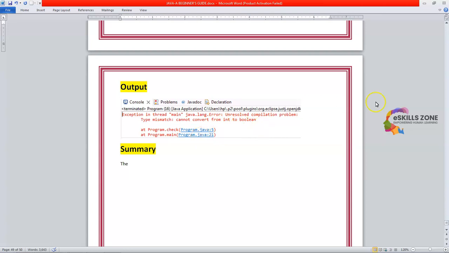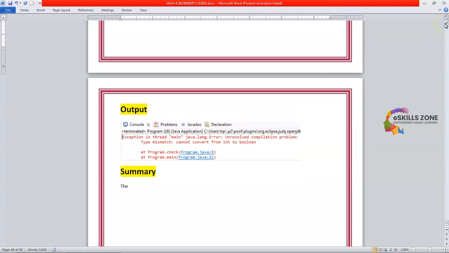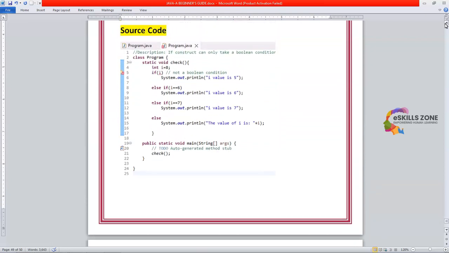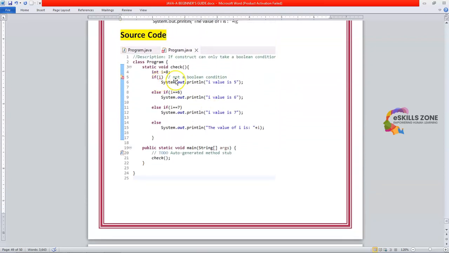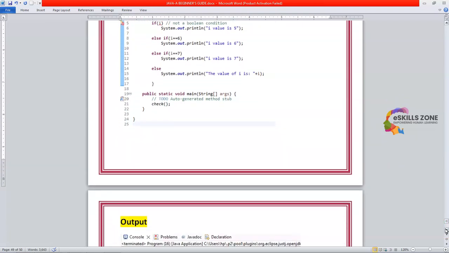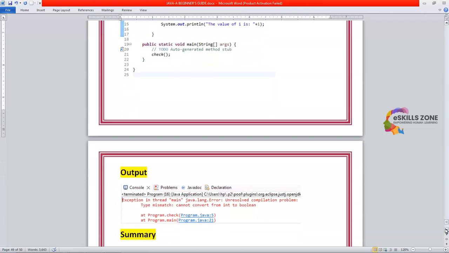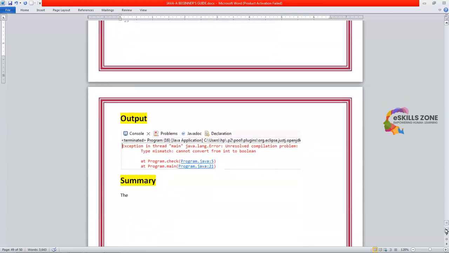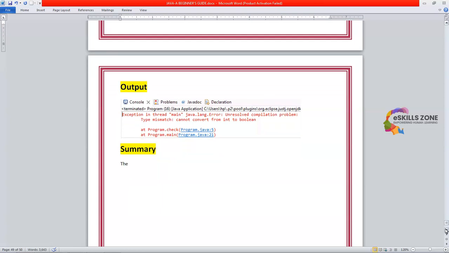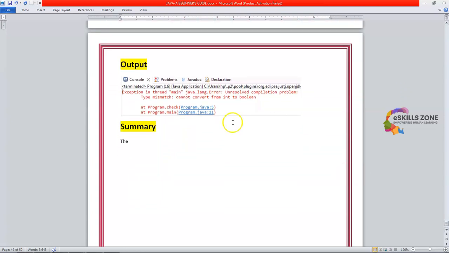So whenever you declare a variable of one data type and try to check it with a different data type, like if you declare it as an integer and try to check it as boolean, you will always receive an error. So it is necessary and important that once you declare the type, all the condition types must match the variable type. And in the end, the summary of this if else statement is: